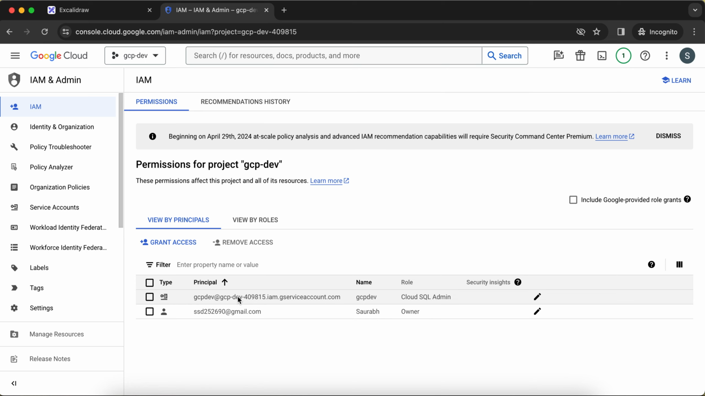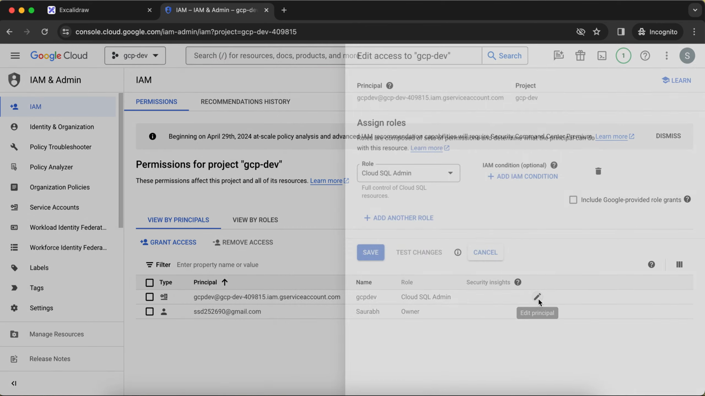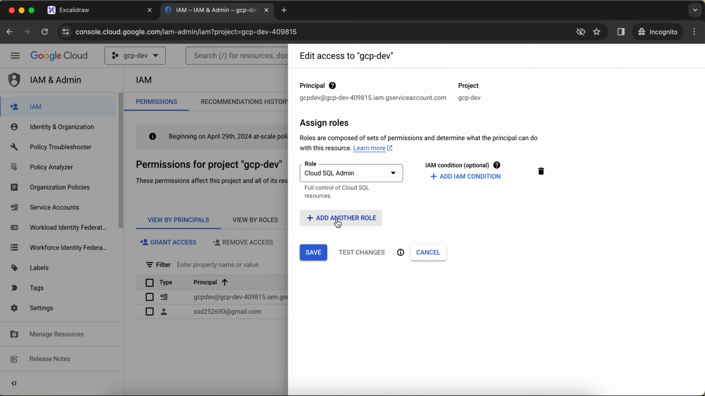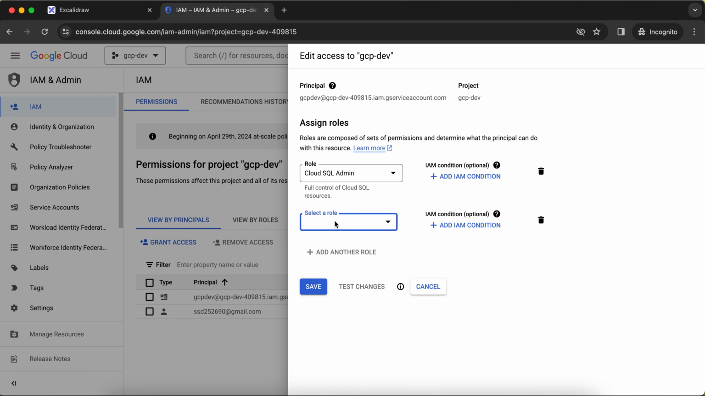Okay, so if you see this again, if you just click on this IAM, you see this is the service account that has been created. And if you see in the role section, the role that we have given to this service account is cloud SQL admin. This is how you can see it. If you want to add some more roles to this particular service account, then what you can do is just do edit principal, and here you can do add another role,